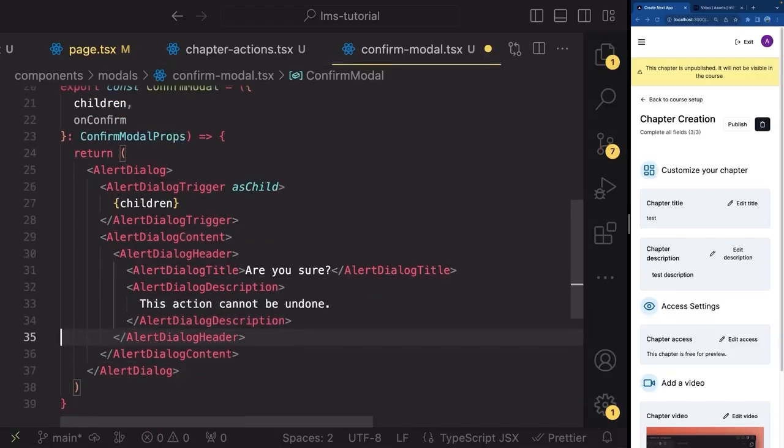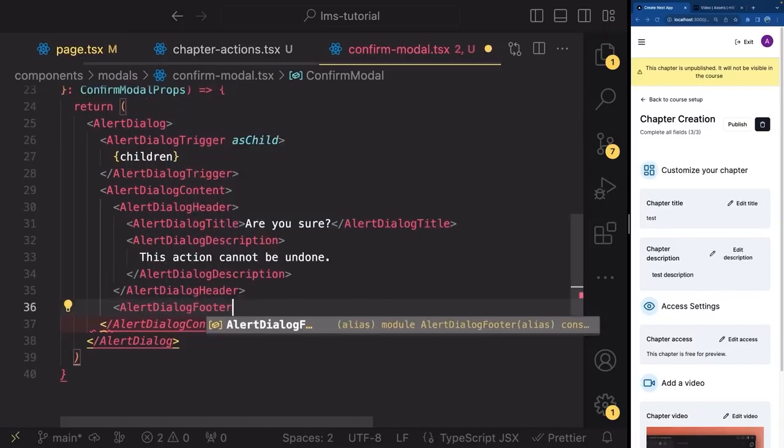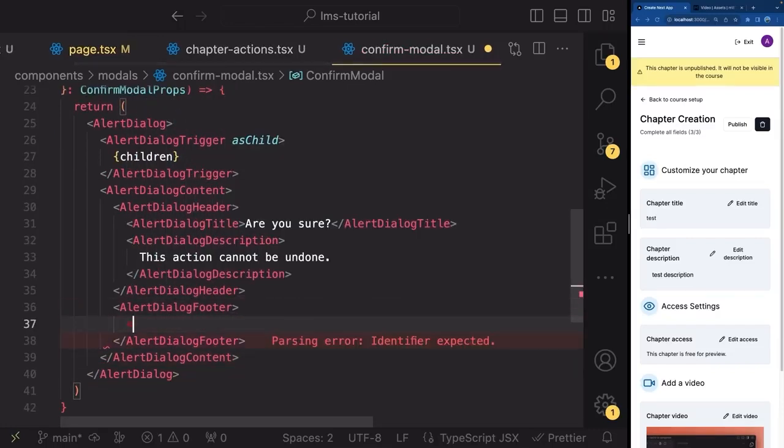Outside of the header, we're going to add AlertDialogFooter, like this, alert